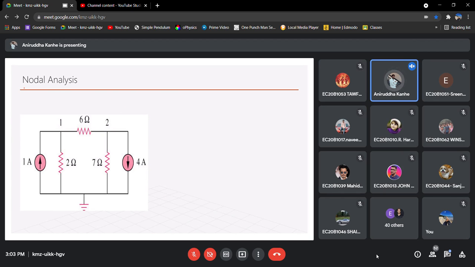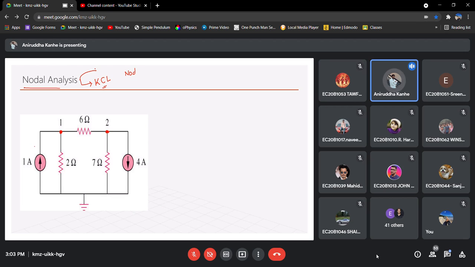Now we are having something called nodal analysis. Nodal analysis essentially depends on KCL. In KCL, you take the node currents or the branch currents at a particular node. So in this case, we will consider a node and write the nodal equations for that one. That is what we call nodal analysis.